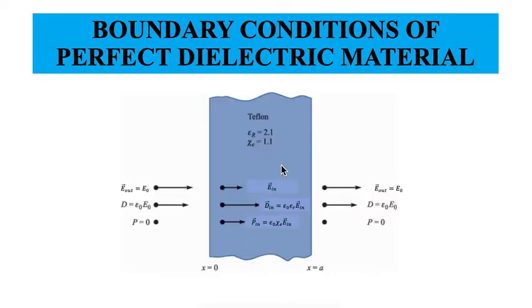Hello everyone. So in our last lecture we discussed dielectric material and we even saw the permeability of dielectric material. After that, let me ask you a question. Suppose I have a dielectric slab, and let us consider this to be a Teflon slab, and this Teflon has a susceptibility of 1.1 at some temperature. What can we say about the field inside and the field outside?